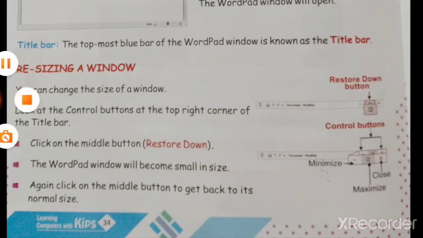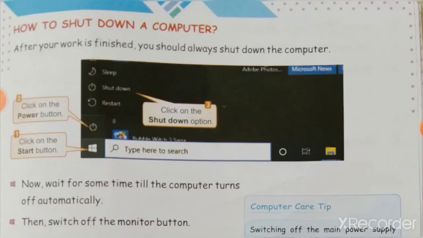Then we will discuss the next page. Now, this is your page number 35. It contains only one topic, how to shut down a computer. Today I will tell you how you can shut down your computer. You will learn how to start a computer and how to shut down a computer. So are you ready? So let's start.